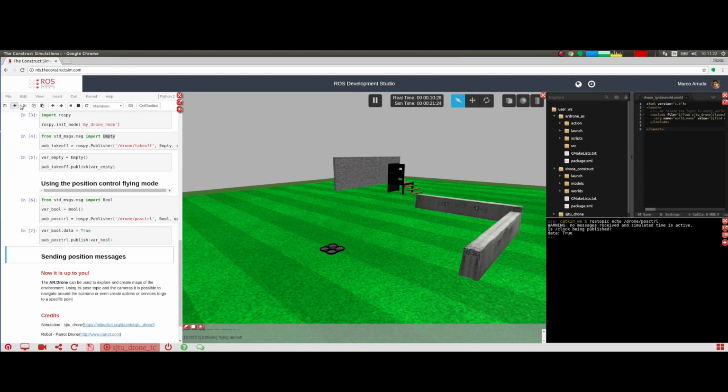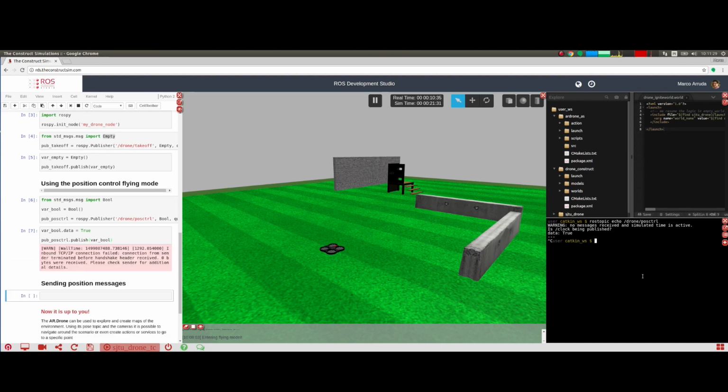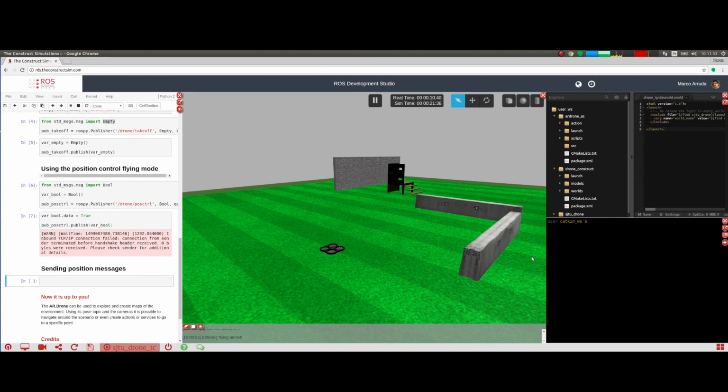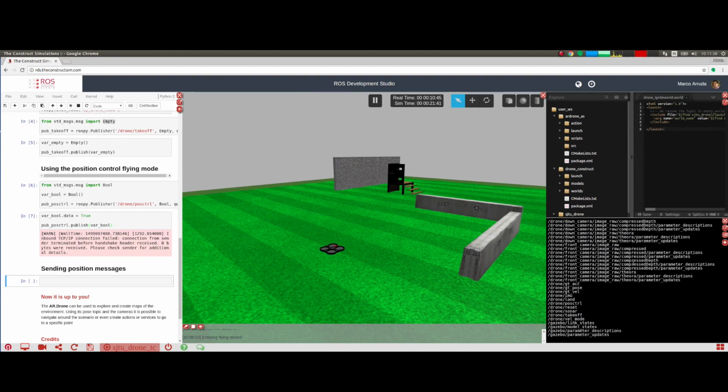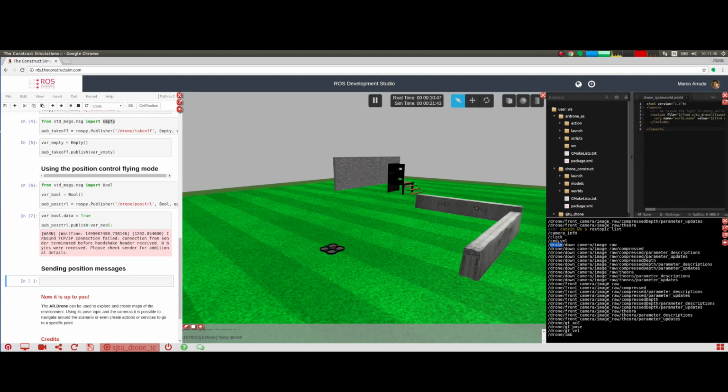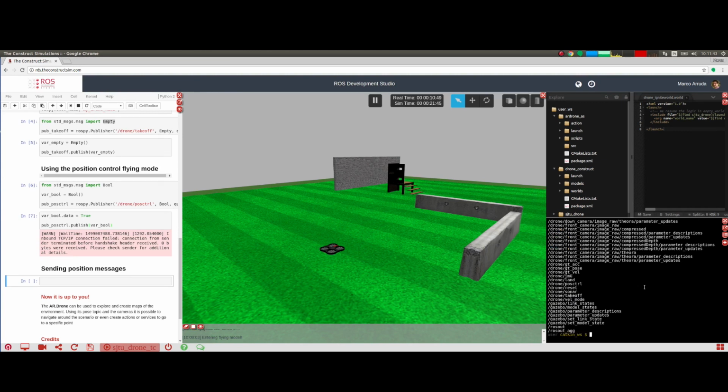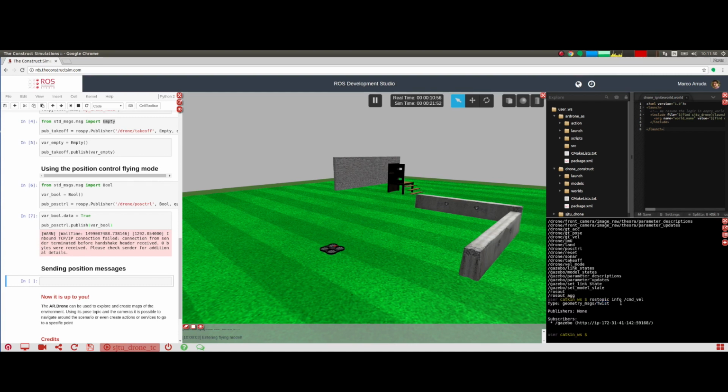Let's create another code cell, and let's take a look at the message on the topic that we want to use. rostopic list, and we need to publish to the cmd_vel topic. So rostopic info cmd_vel. This is a Twist message, so we need to import from geometry_msgs